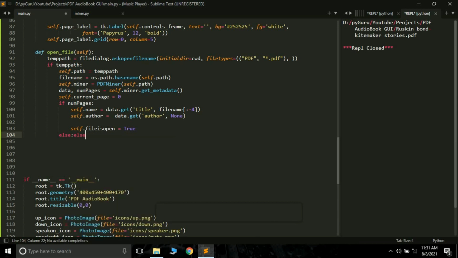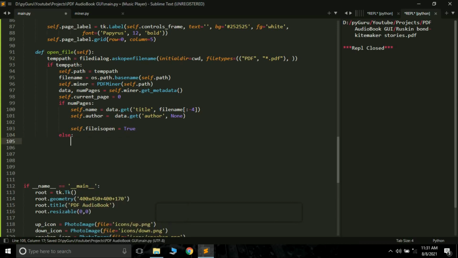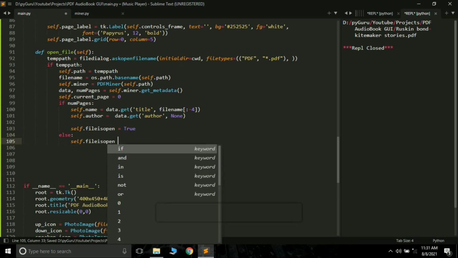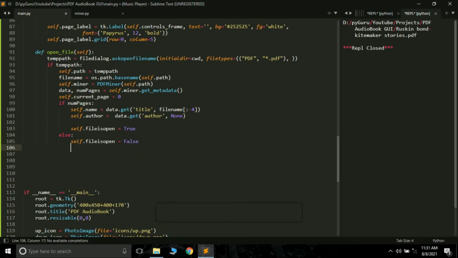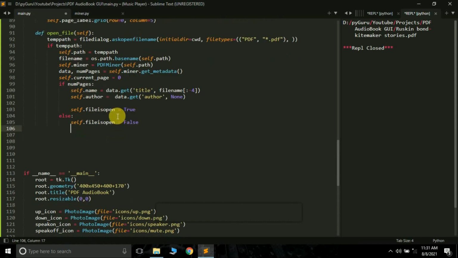Else, if it's a corrupted PDF file, what we can do is self.file_is_open equals false. See, we have no file open now. If the PDF file is corrupted, we can simply make self.file_is_open false. It means that no PDF file was open.